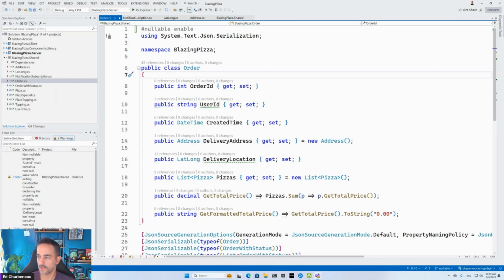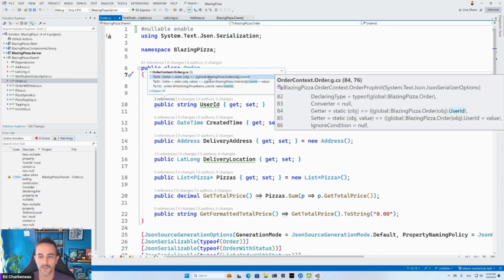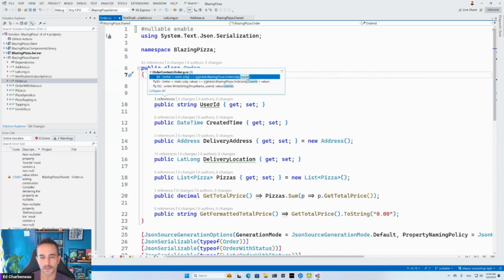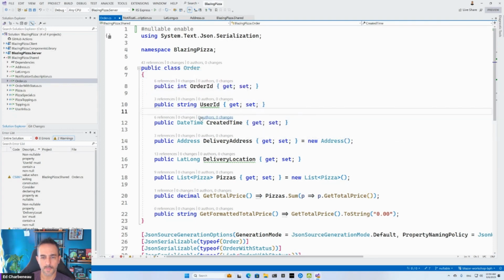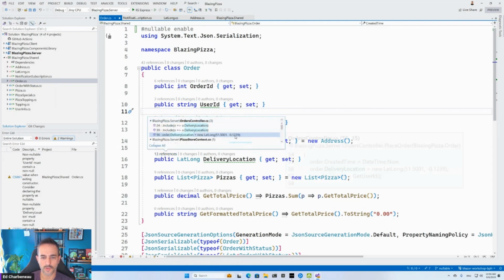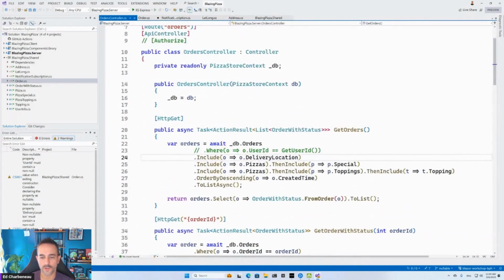Order here is one of the most complex ones. It's being used in a lot of places. So if we look at the references for this, we can see some of the uses for where this shows up. And there's a generated file that they're showing up in. So there's something that's being used by the compiler and generating things. And then there's orders controller. Now, orders controller, if you look at it, that's populating the order